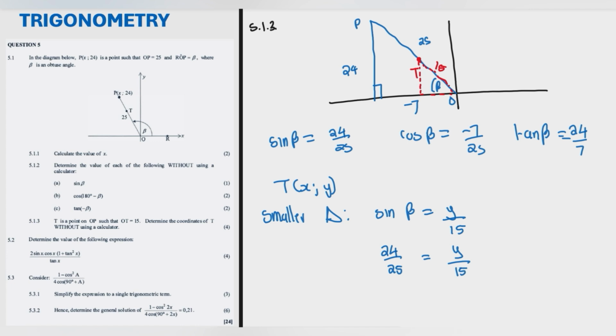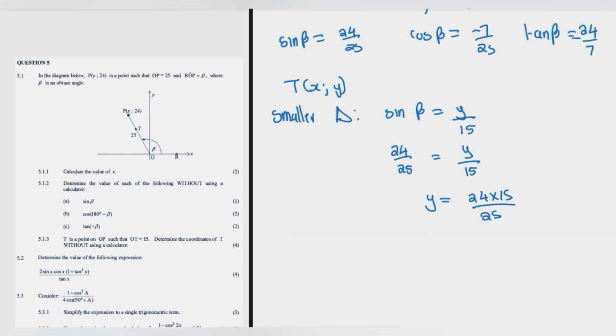In this case, we can find the coordinate of y. We're going to multiply everything by 15. So y is equal to 24 times 15 over 25, so y is equal to 72 over 5,